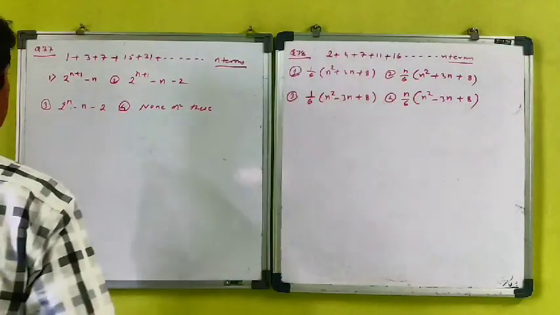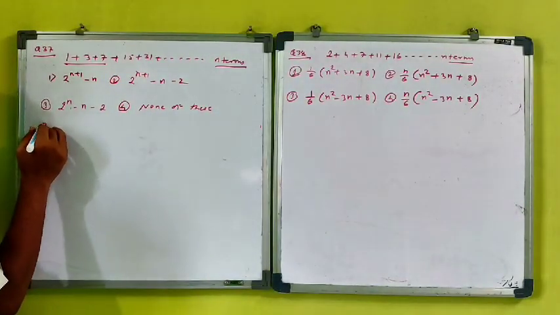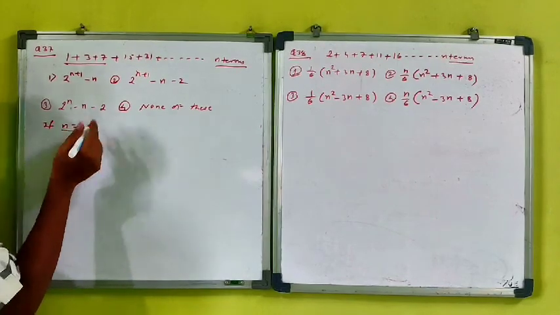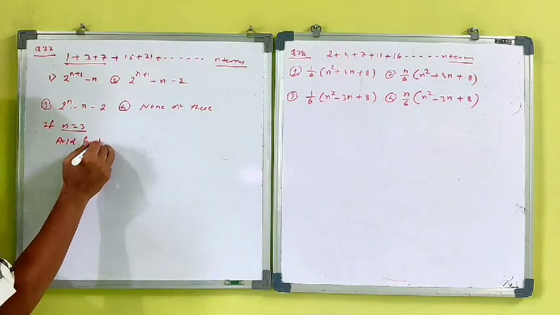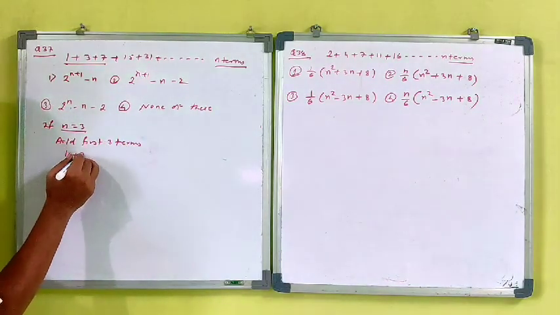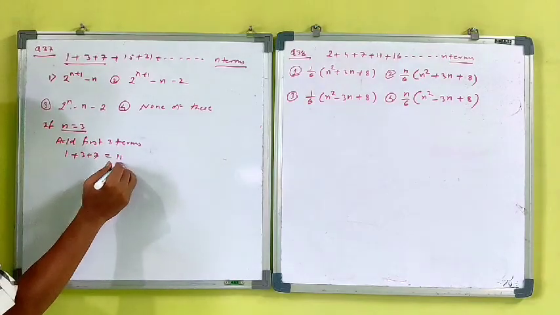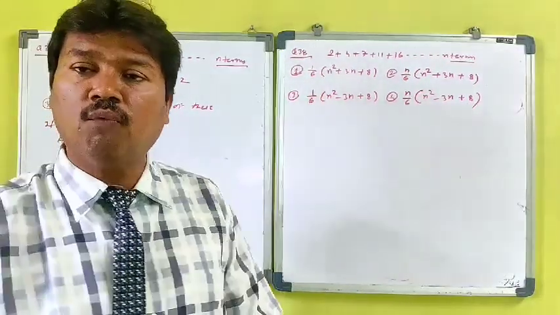So what is the option method? We consider n as 3. We say n is equal to 3. If n is equal to 3, you add the first 3 terms. So what is that? 1 plus 3 plus 7 is equal to 11. Now we put it in